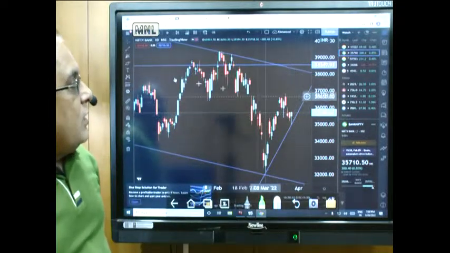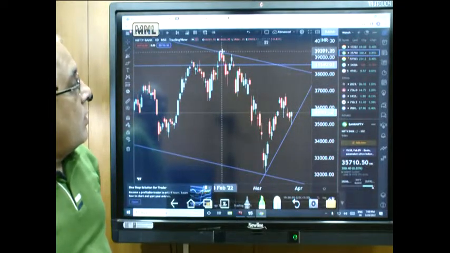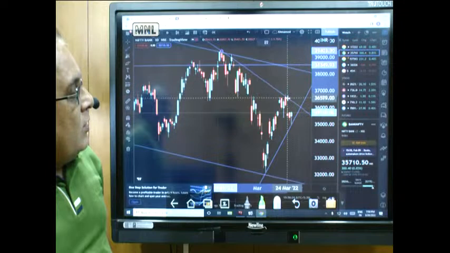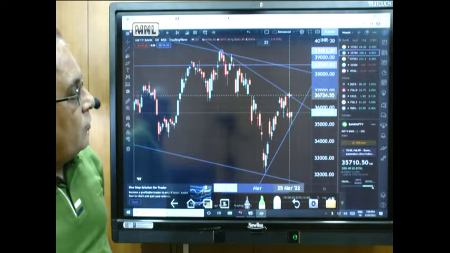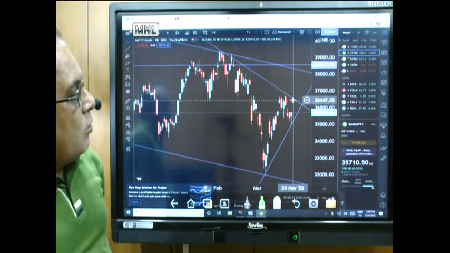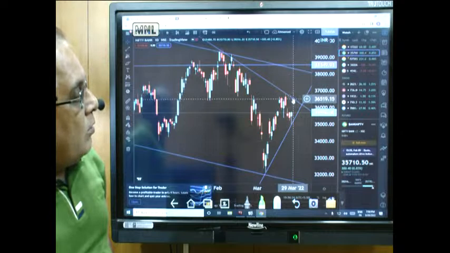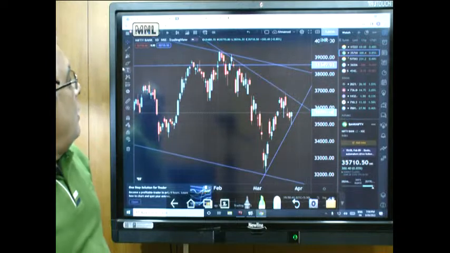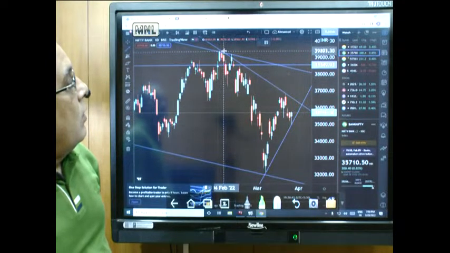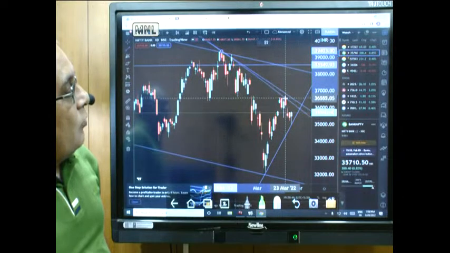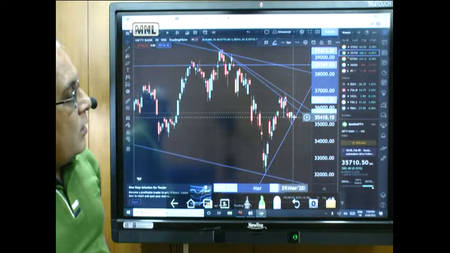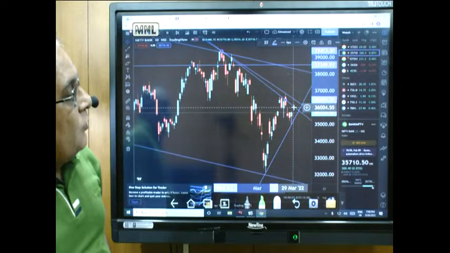So tomorrow, one is that this place also will be a resistance. So if there is a rally further, one is this place, another is this. So if it starts to move tomorrow closer to 36,590, 510, 515, there's one place, and then there is an angle which we can draw from here to this place also. So mostly we should see some sort of a resistance coming at 36,000,